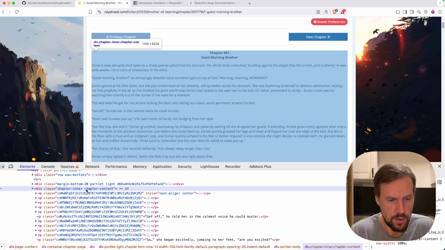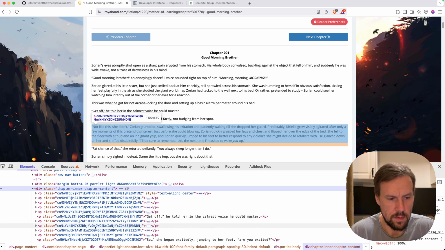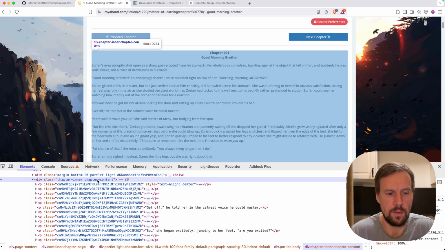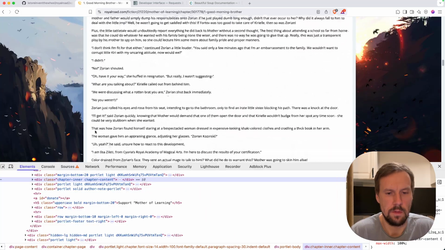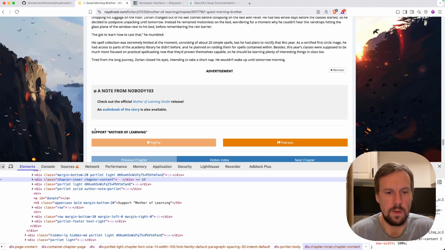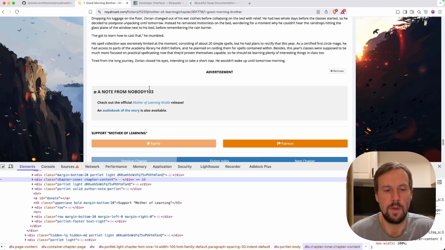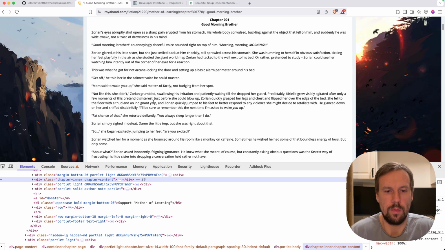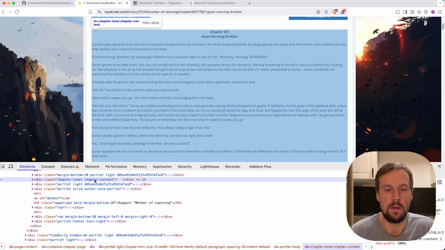And there's this chapter content, which contains all chapter content as we want. Right? Scroll down to the end and see. Yeah, it's pretty much a single div that we can pull out of the page and feed it to EPUB,